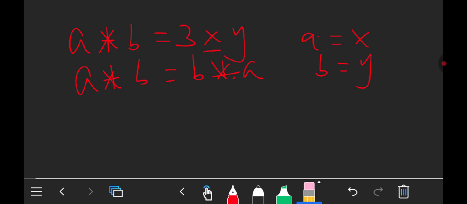So we are going to say b star a will be equal to 3. We will start with their x, it was a, so we interchange, now it will be y. Then y is equal to b. Okay, b is equal to y and x is equal to a. So we will interchange this,